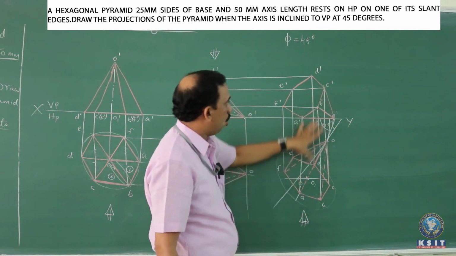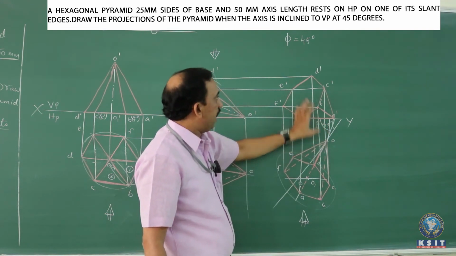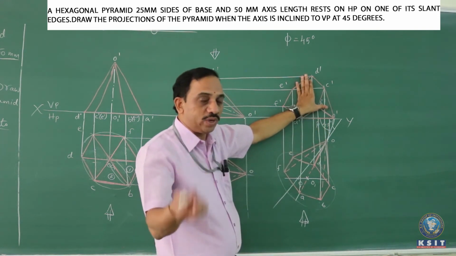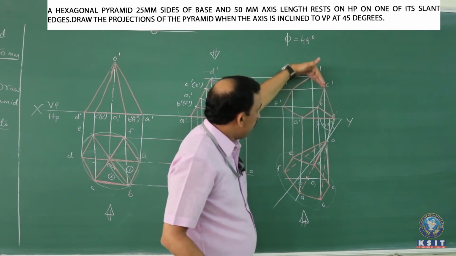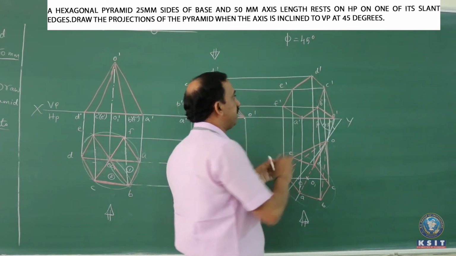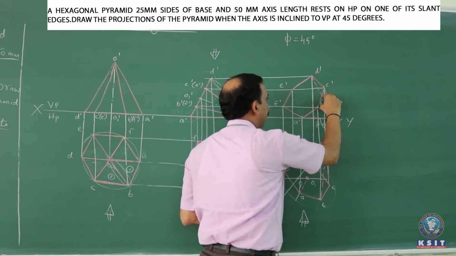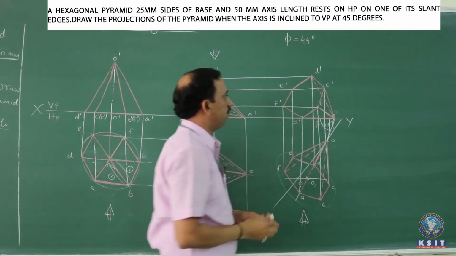Now when OB is visible, OC we have been concentrated. Next slant edge is OA, so we have OA also. Now the next slant edge is OD. When you try to place the scale connecting O to D, if it enters inside the surface, then it is invisible. So obviously here it enters inside the surface, it should be invisible. Mark this to be invisible.